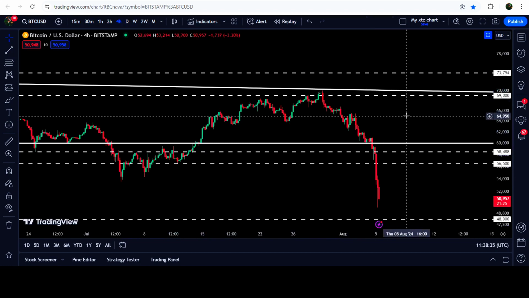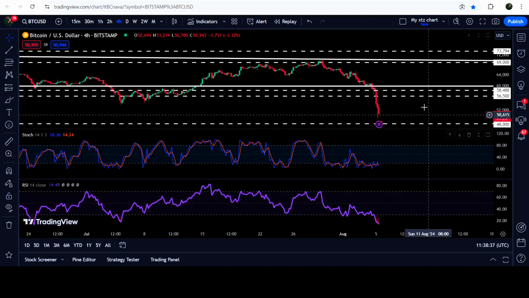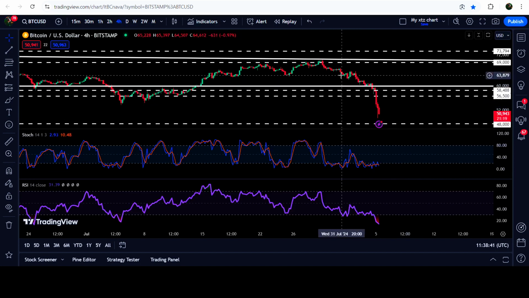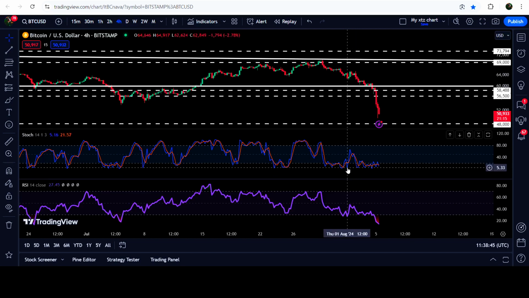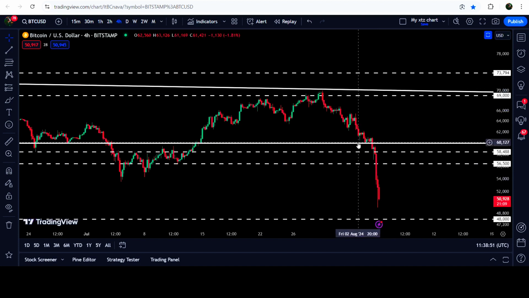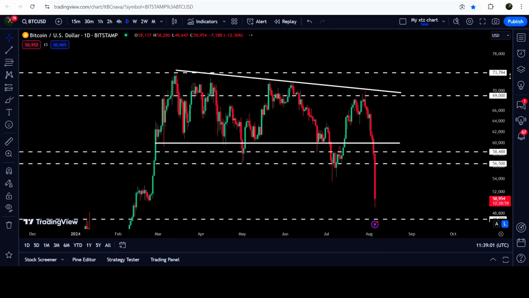At the same time, on a 4-hour time frame chart, we also had a bullish divergence signal, as the price line was forming a low that I was showing in my previous video. At the same time, stochastic was moving up and forming a higher low, and RSI was also forming a higher low. Therefore, the price line moved slightly to the upside. We had a small jump here, but could not start a massive move from here. And finally, we broke down the support of this triangle on the daily time frame chart.